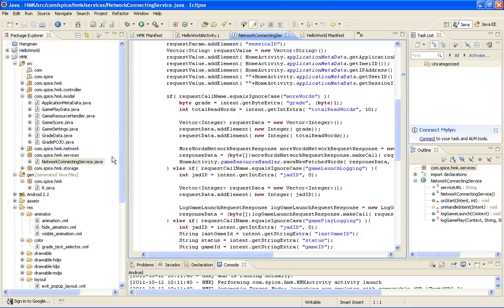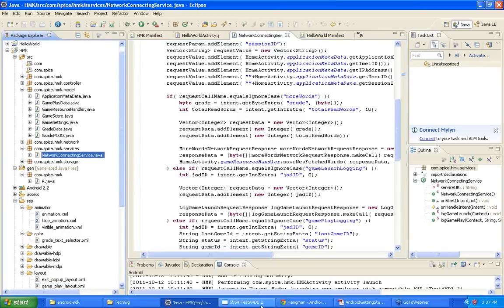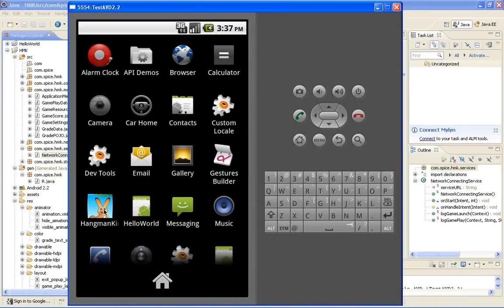So whenever the application or some activity wants to fetch data from the server, an intent is generated, and that request is then handled by this network connecting service. Just to run it quickly.